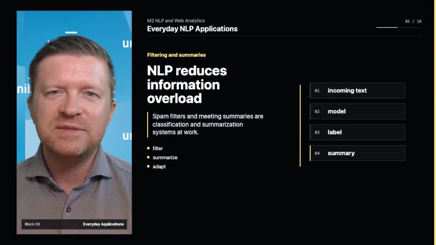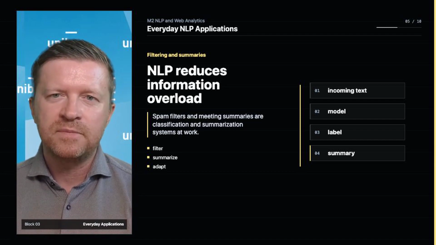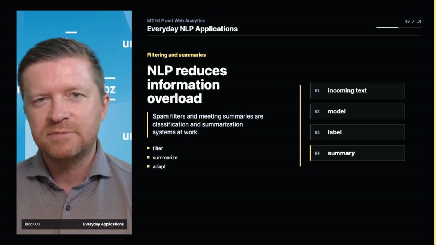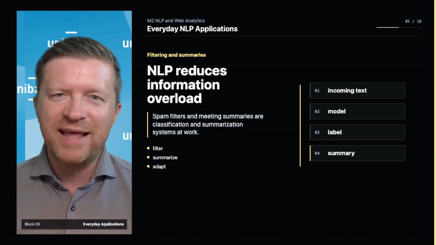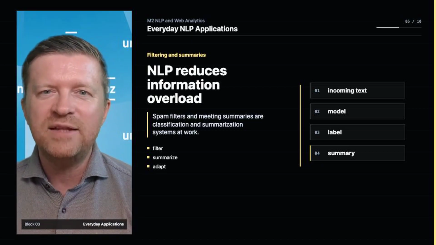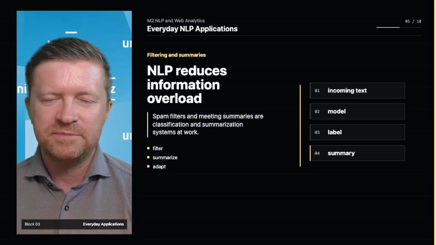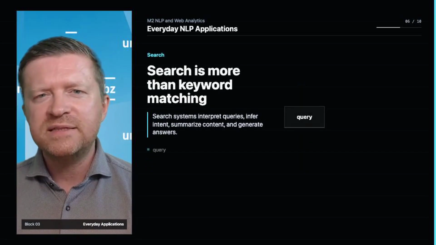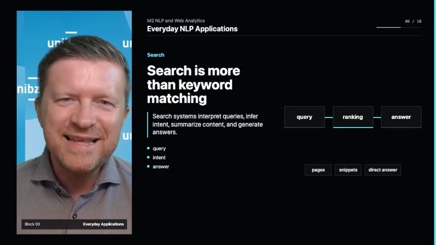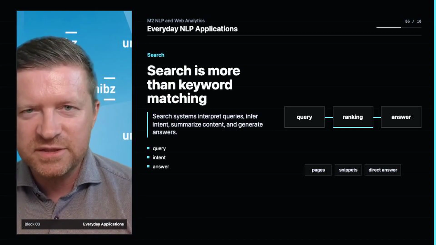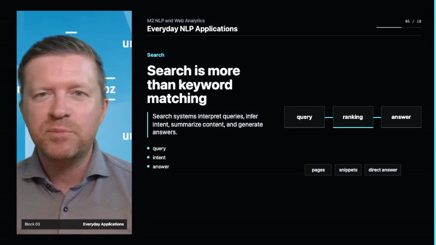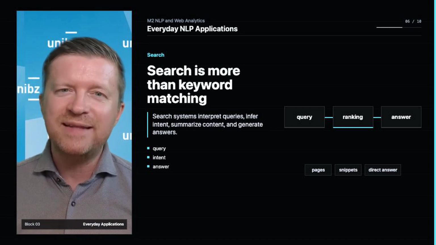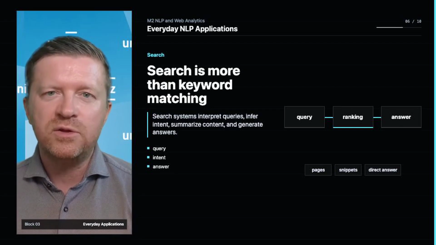Text summarization has become increasingly common as well. Microsoft Teams and Zoom can generate meeting summaries from transcripts. Those summaries are produced by NLP systems that identify main topics, decisions, and action items. Search engines also rely heavily on NLP. Modern search results are not just lists of pages ranked by keyword matches. Search systems interpret queries, estimate user intent, summarize content, and often generate direct answers before the user even opens a